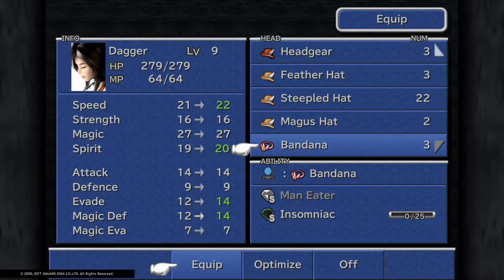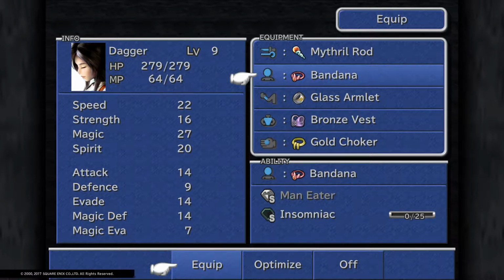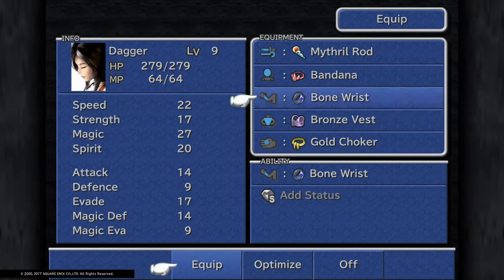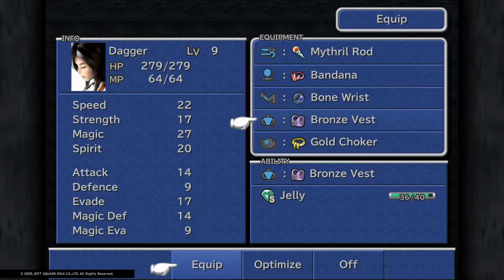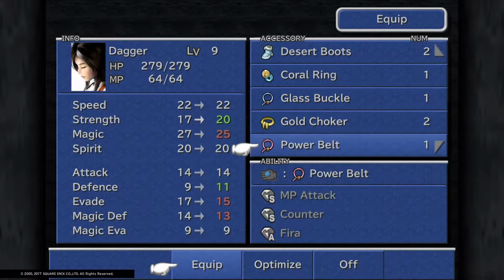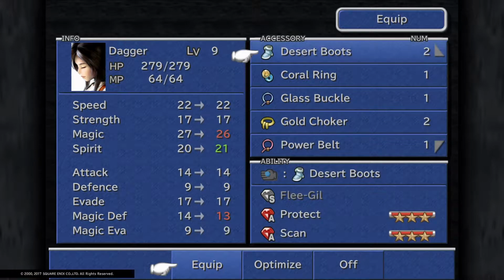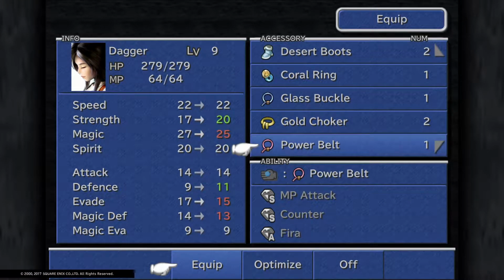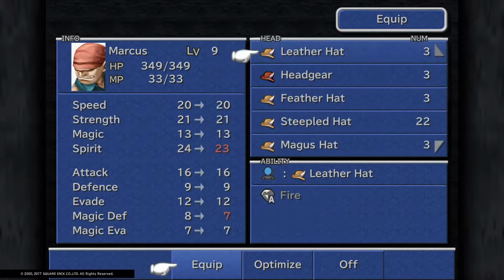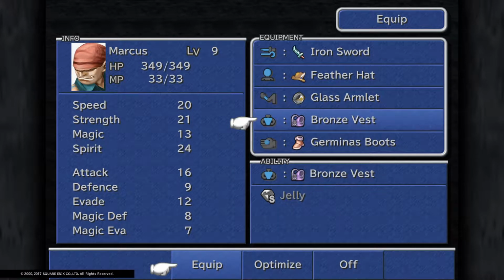Oh wow, that's way better. It's just like all around better. Excellent. As is that. Alright, we're good on her. I'm actually gonna just...